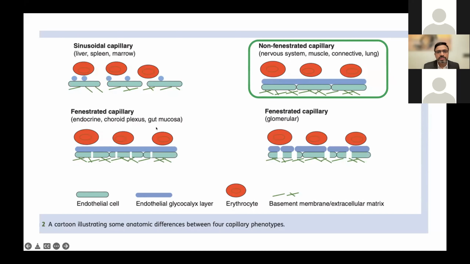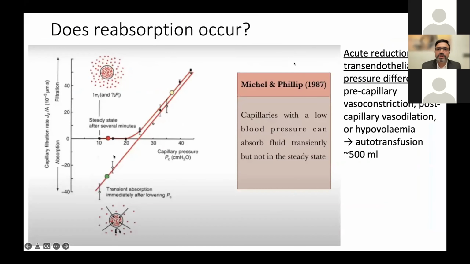Similarly, there are fenestrated capillaries in the gut mucosa, the endocrine glands, the choroid plexus, and in the glomeruli, where there is again a break in the glycocalyx layer. So these are different kinds of endothelia, but short of that, the major part of the endothelium lining is comprised of non-fenestrated capillaries. So the question is, does reabsorption ever occur? Yes, it does, but it occurs very, very transiently. And when does that occur? It is when there is an acute sudden reduction of the transendothelial pressure difference. For example, if there is a sudden catastrophic fall in the capillary hydrostatic pressure, either because of precapillary vasoconstriction, postcapillary vasodilatation, or hypovolemia, there could be a transient reabsorption